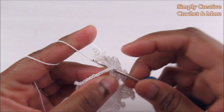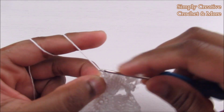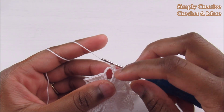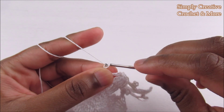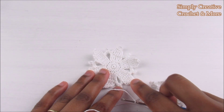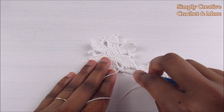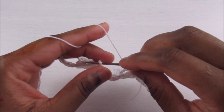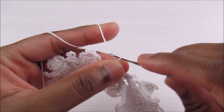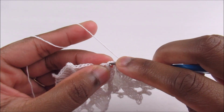So chain 4, slip stitch into the triple crochet, and then into the next single crochet 1, 2, and now once you're here at the chain 4 picot, again I'm going to join the same way, chain 2, 1, 2. Now place the flower on the table again like this, and this is where I'm going to join. This is the picot, the chain 4 picot. So insert and slip stitch, chain 2, 1, 2, go back into the single crochet and slip stitch,